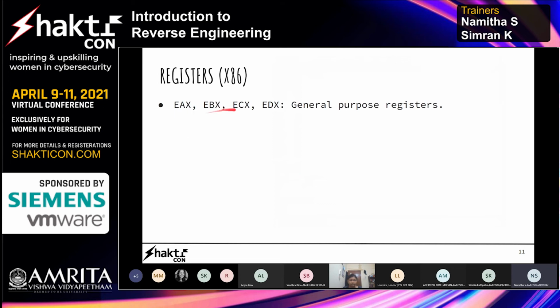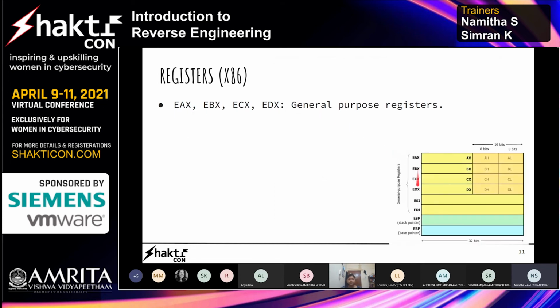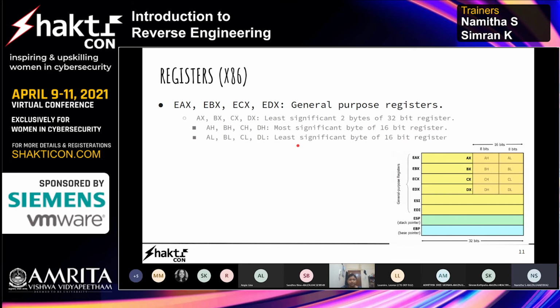As I told you, EAX, EBX, ECX and EDX are general purpose registers as we saw here. But the subsections are these, that is AX, BX, CX and DX. As you can see here, they are the least significant 2 bytes, that is a 16-bit register, of this 32-bit register.